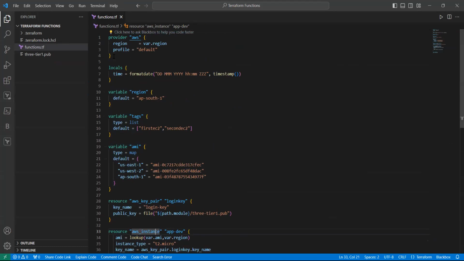As you can see, we are currently using the provider, which is AWS, followed by the region, which I have set to var.region. I have created a variable called region, and in that I have assigned the region value, which is set to default, which is ap-south-1, which is Mumbai. And here you can see I have used a function in the locals. But first,